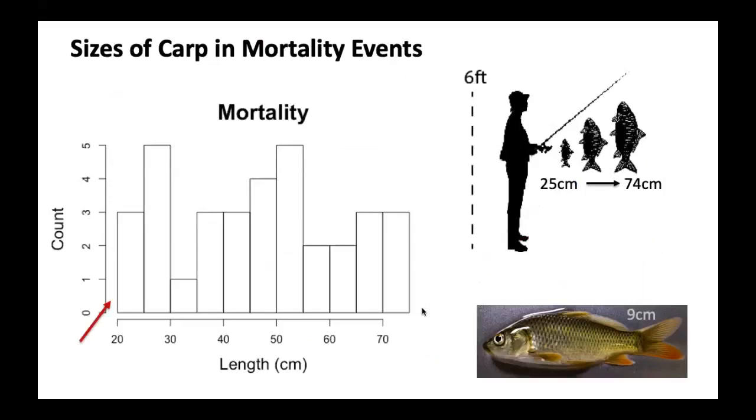Additionally, this shows the sizes of carp that we found in mortality events. One thing that has been kind of annoying for me, because I'm really curious about this possibility of KHV affecting recruitment, is we didn't see any young of the year carp in these mortality events. Young of the year carp would be something like 9 centimeters. These are all around 25 centimeters. Which isn't unexpected, it can be really difficult to find these young of the year fish, but it would have been really nice to see if they were included in some of these mortality events.